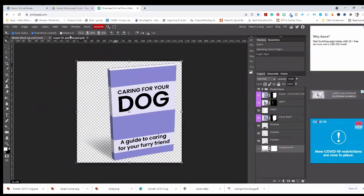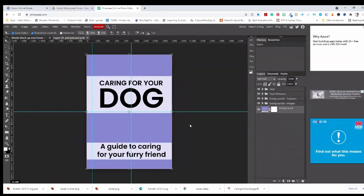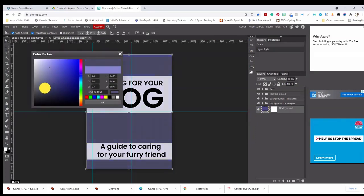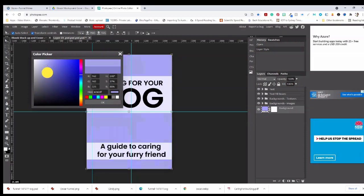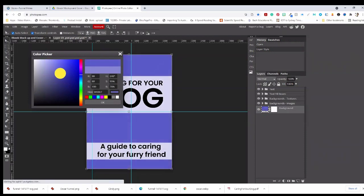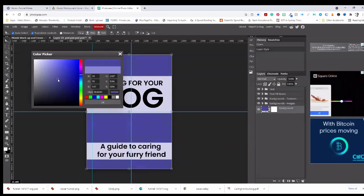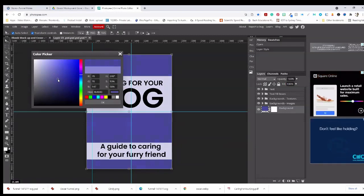Okay, so going back into our flat cover. This is where we're going to pick our hex color that we mentioned before. If you're going to keep to this style, which I do recommend, it is just a matter of double clicking on this box and you'll have the color picker come up and it will show you what color the book is going to be. If you have no idea what color to pick, my suggestion would be to think about the title that you've picked from your lead magnet